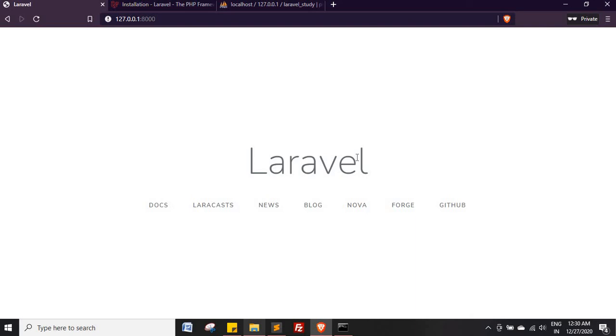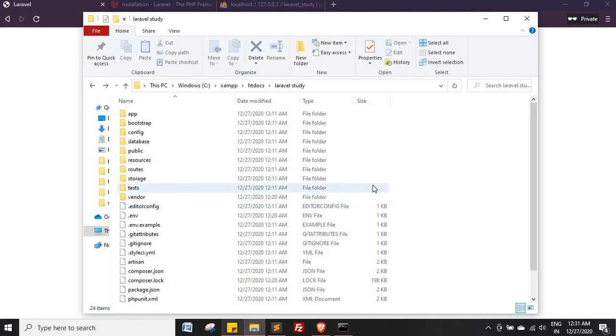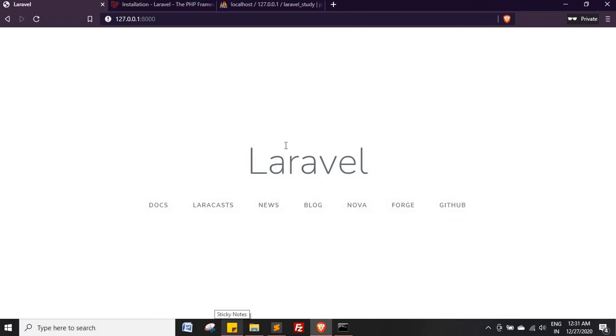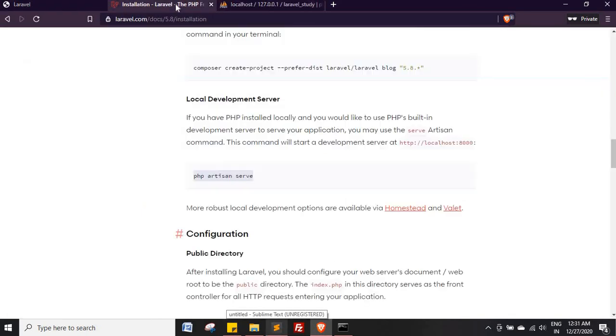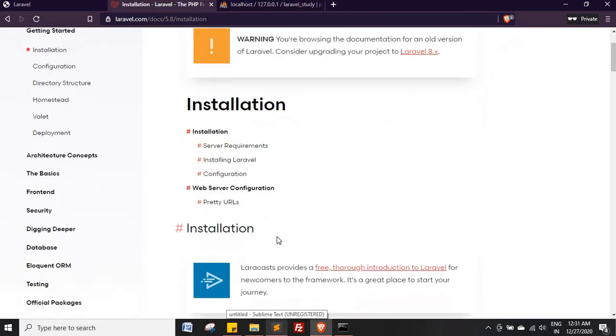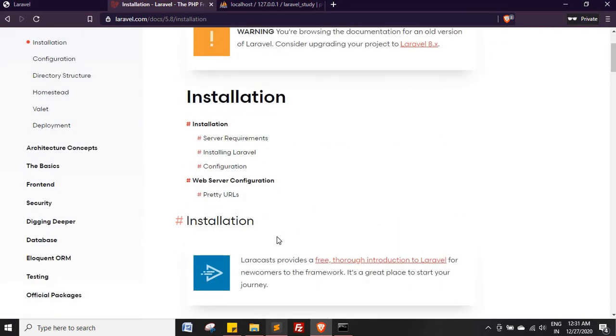So you have installed your first Laravel project in your system. Now in the next tutorials we are going to discuss what folder structure it has, and we are going to create a blogging system through this Laravel. We will also discuss other features, how to create models and their relationships. So we will go one by one.